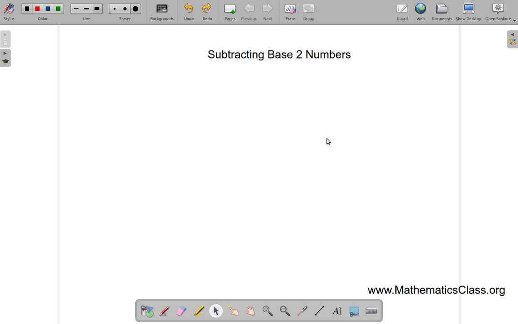Let's look at the issue of subtracting base 2 numbers. But just before we do that, let's do a bit of a revision of subtracting base 10 numbers, and then we can follow the pattern in that. Suppose we have, for example, 200 minus 4. Let's put the 4 down here,